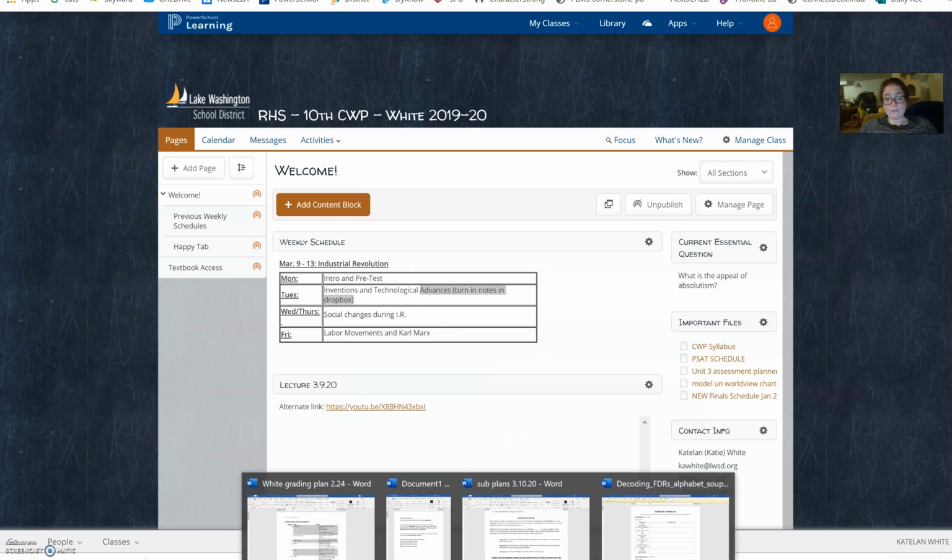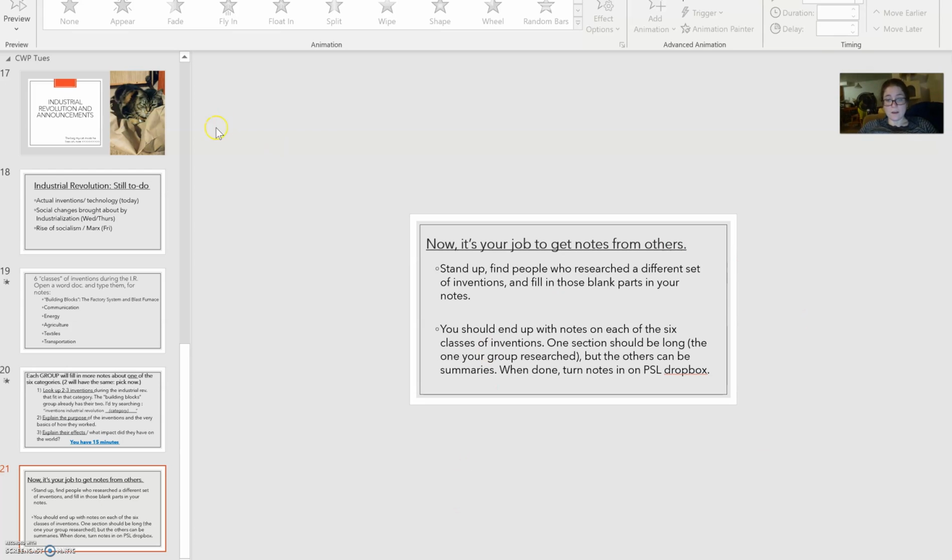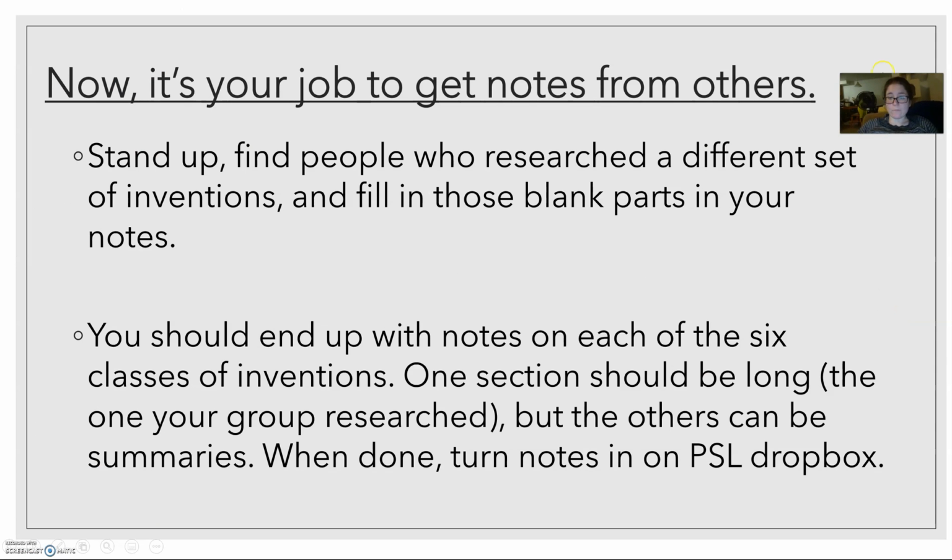I know I have a lot of folks who are currently staying home because either they are ill or they have family members who are immunocompromised. If that sounds like you, I want you to just write in a quick summary of what kind of inventions were there in each of these and turn in your notes to the same spot.